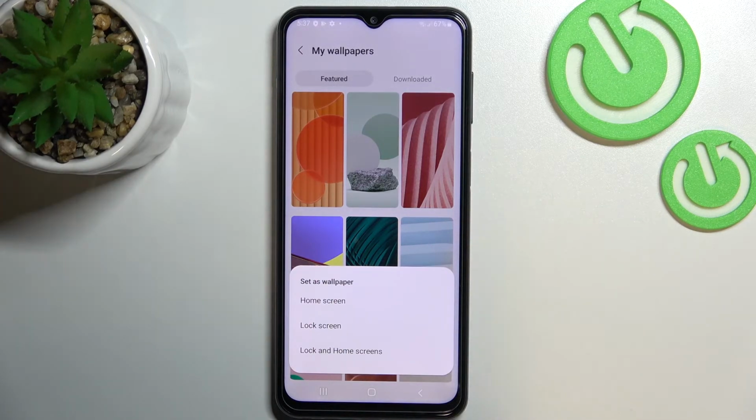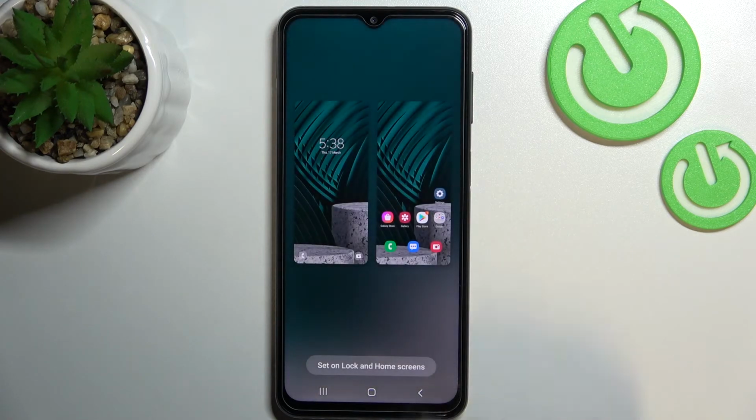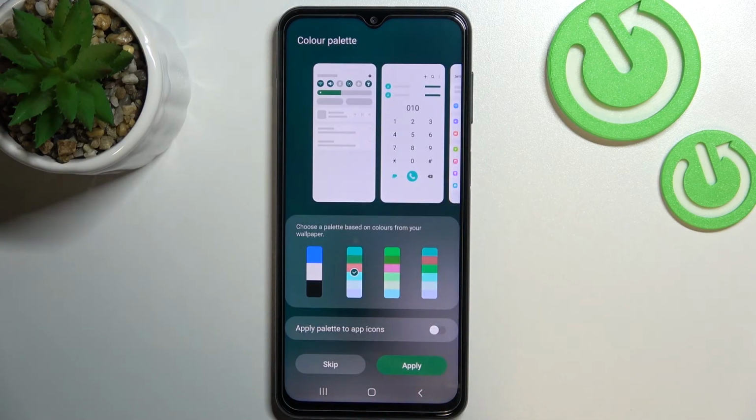And as you can see, first of all, we have to decide where we want to set it. So we can set it as a home screen, lock screen, or both, and I will pick both options, so let me tap on it. And as you can see, we can check the preview of both of them, so let's tap on this option again. And as you can see, we got the information that the wallpaper has been applied,